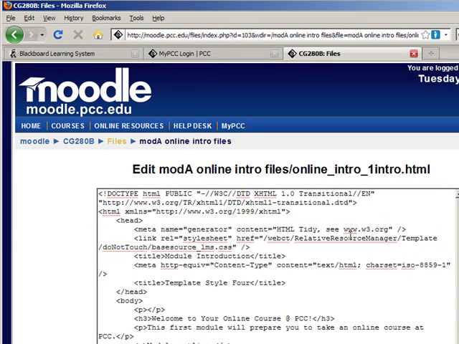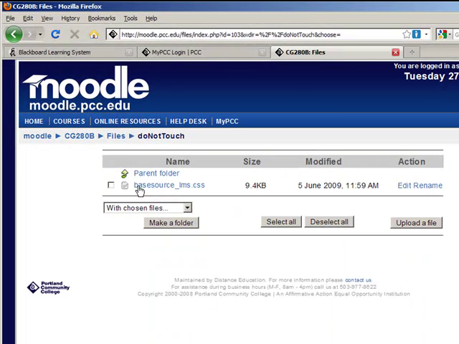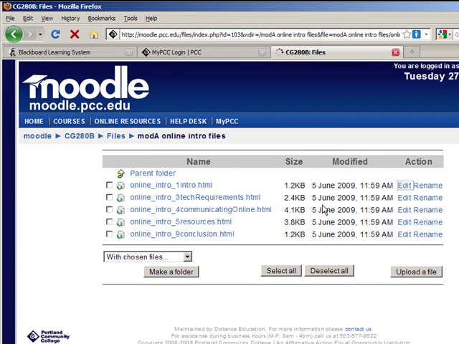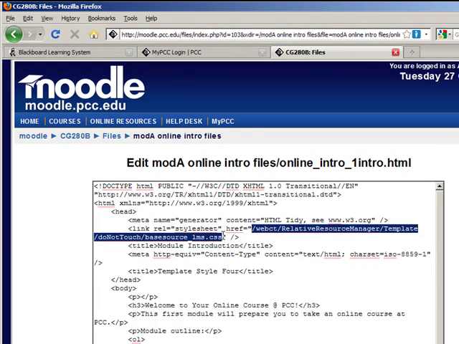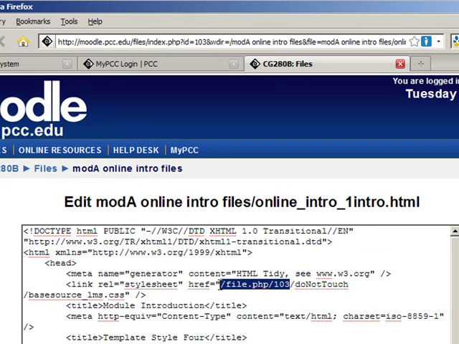So to fix that, we'll actually need to get the URL for the style sheet. You can have the full address there, or